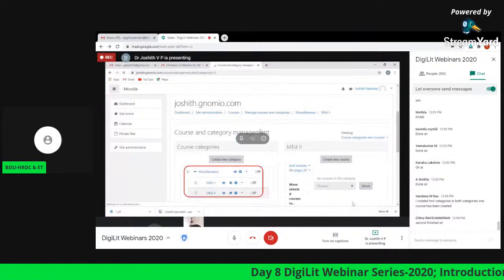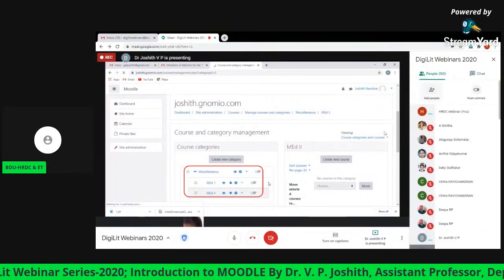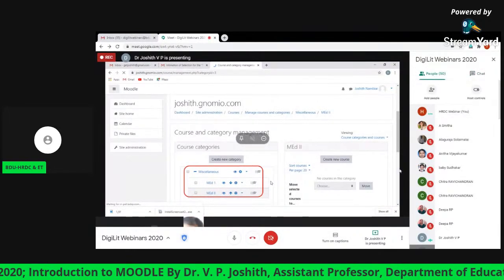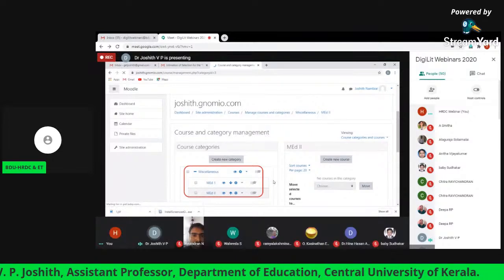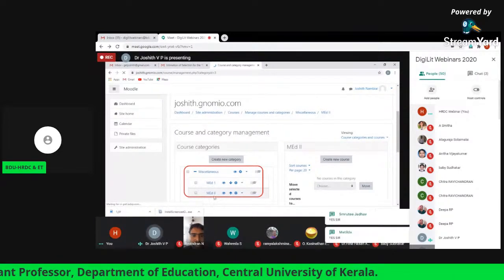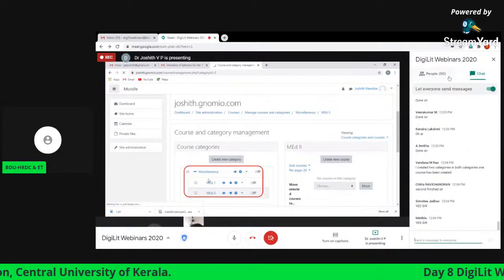See, finally your categories are looking like this. See my screen, the rectangular box. I have made two categories, both in miscellaneous. One is MH1 and another one is MH2. They are perfectly aligned.